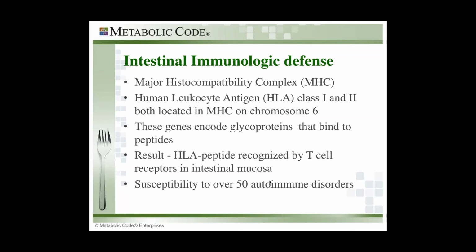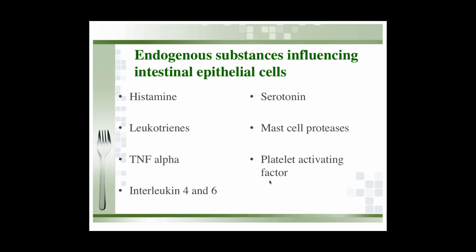So this is the progression. It's a dysregulation of probiotics and the linings of the intestines, the breakdown of the tight junction proteins, and the formation of these immune defenses that starts to upregulate and cause this tendency towards autoimmunity. Other substances that have an influence in this process, in particular, are things like histamine. I'm going to talk a little bit about that. The interleukins definitely cause